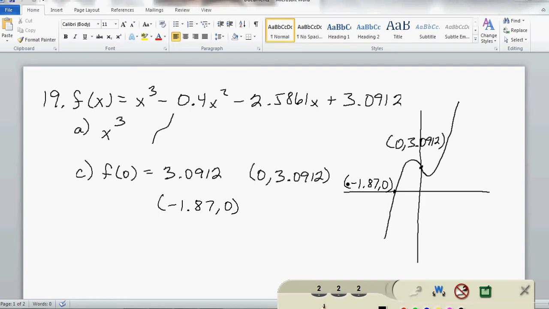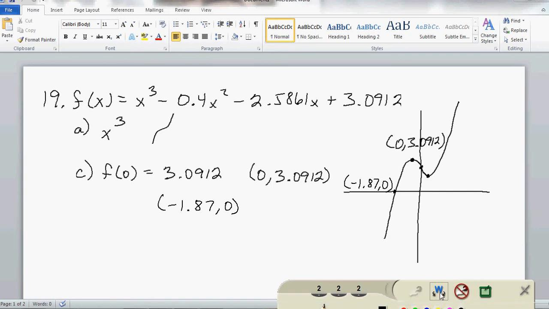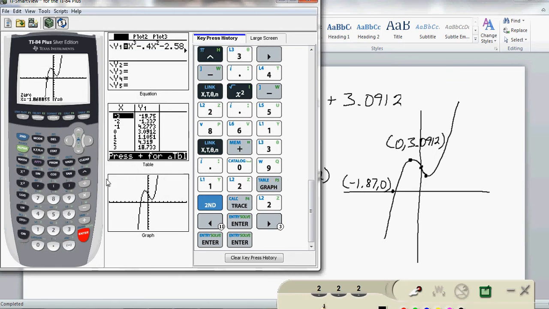E, use the graph to determine local maximum and local minimum if they occur. Well, I see a maximum here and a minimum here, so I'm going to have to find two different values. So I'm going to go back to the graphing calculator and get those particular values. I'm going to go ahead and do both of these, well, not at the same time, but